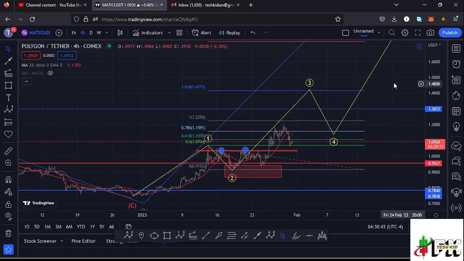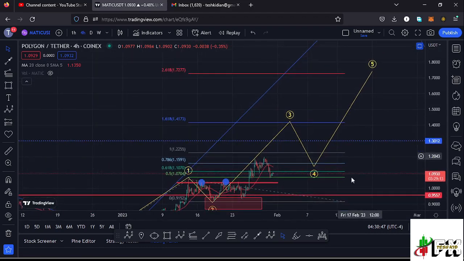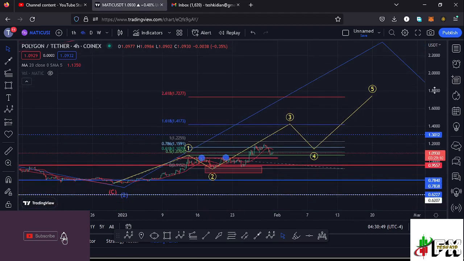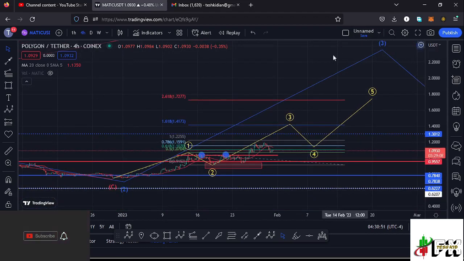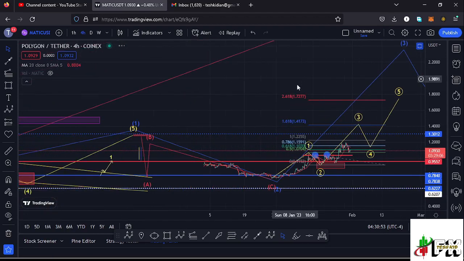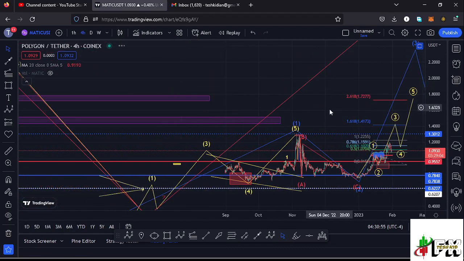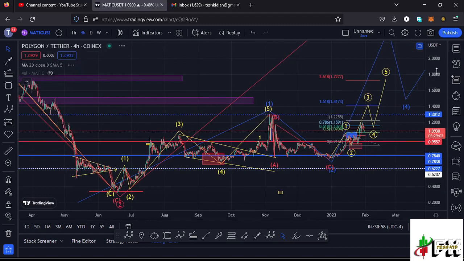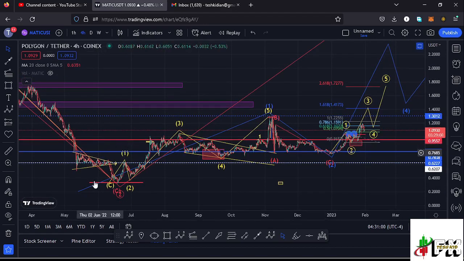And once we see the formation of that wave 3, then we can expect a wave 4, then a wave 5 to continue pushing even higher to complete a larger Elliot wave count 3 that is here on the 4-hour chart. And that is what is giving me the long-term scenarios that I'm expecting to play out here on the Polygon Matic chart, because you can see from these low prices that we had been trading within, that is back to around the $0.32 mark, we saw a very nice bounce to the upside in a move that